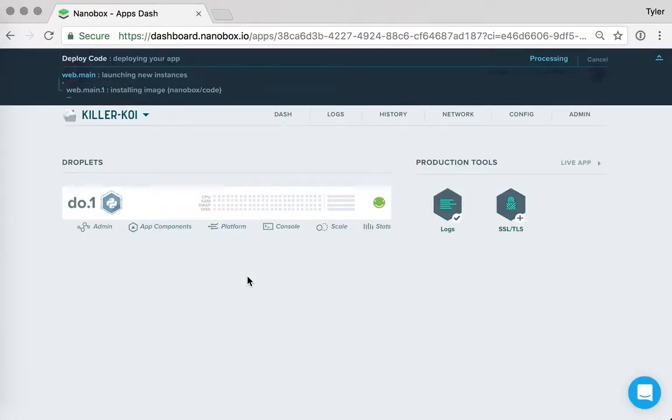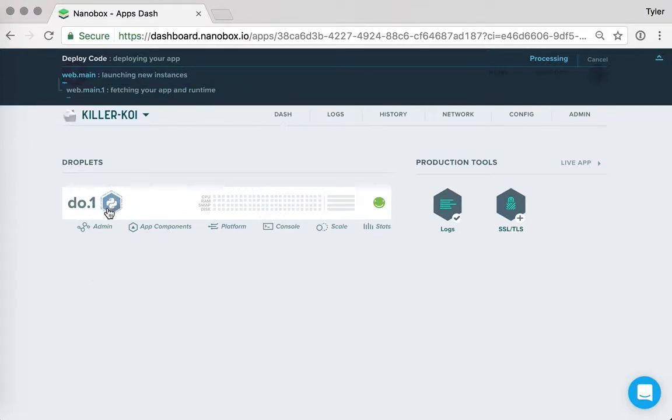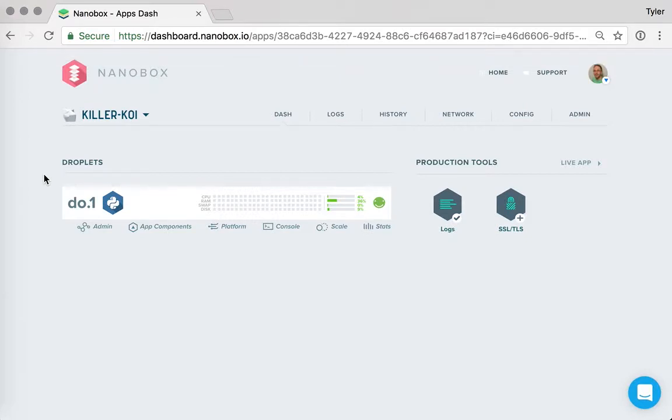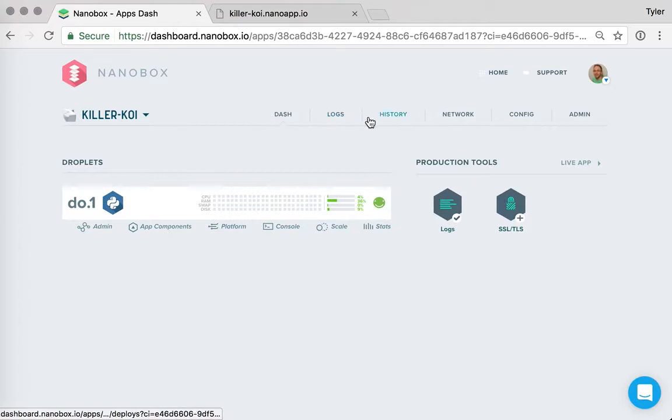Okay, so it's now been uploaded, so we go to the dashboard to check the progress. We can see that this application has received the deploy, already detects that it's a Python app, and it is now provisioning that application, configuring and starting the services. And once this application is up and running, then Nanobox is going to configure the load balancer to route traffic to this application. So we can now say live app,